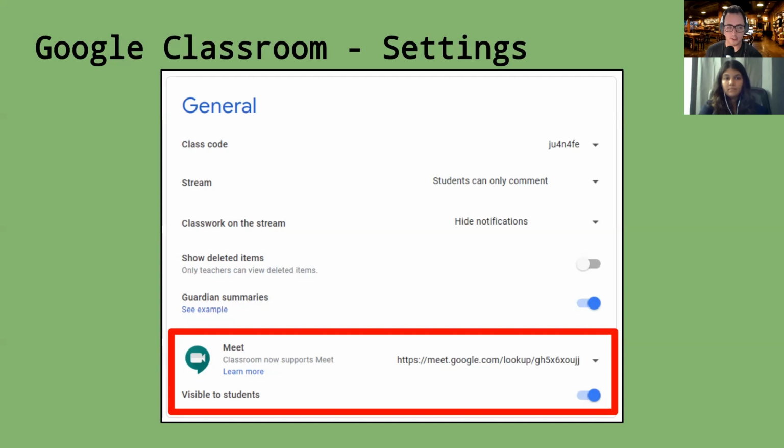The next section is classwork on the stream. An option that you have is when you post something into the classwork section of Google Classroom, it can create a notification on the stream. So when the kids go into your Google Classroom, and the first thing that they see is the stream, you can have it pop up there that you posted an assignment in the classwork section. So then they can either click on it right there,